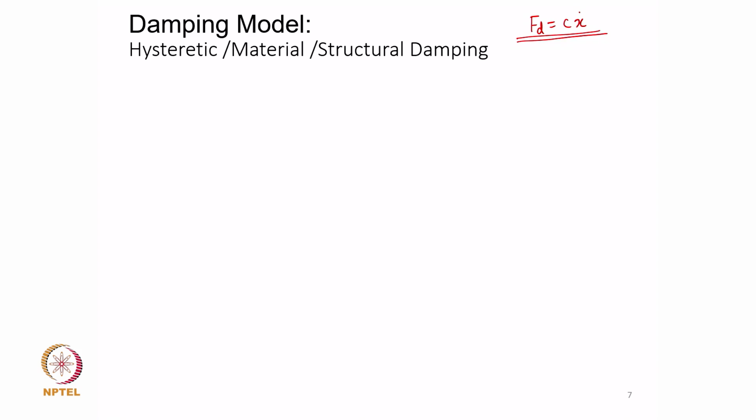Now, obviously, if you look at a structural member and if we try to deflect it, there is no fluid friction involved in most of our mechanical structures. For example, the spring and mass system: if you practically look at that spring mass system, most of you would have done that experiment during your dynamics of machinery lab. If we disturb this mass, it does not vibrate forever, despite the fact that there is no formal dashpot attached. The amplitude of vibration does reduce to 0, and the reason for that is